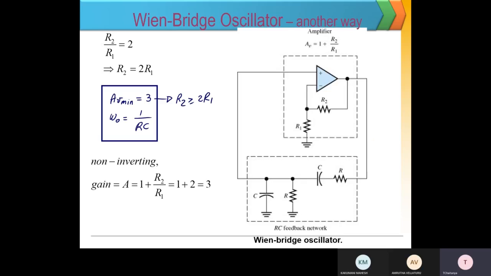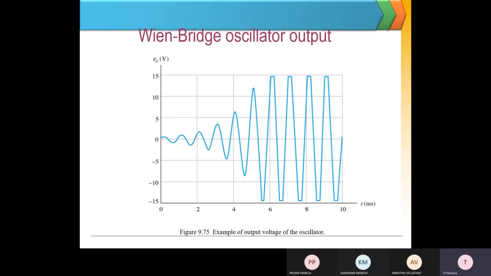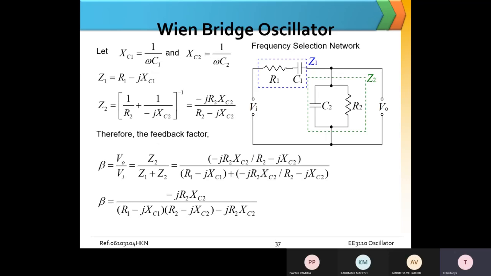Next we will see another way of analysis of the Wien bridge oscillator. This is the non-inverting amplifier in an IC. The gain of the non-inverting amplifier is 1 plus R2 by R1, which is the standard formula. Into a feedback loop, there are two tanks available. One is ZS, and the second one is ZP, which is multiplied with my value. And this is the sample waveform of the Wien bridge oscillator, with the expression for the Wien bridge oscillator.